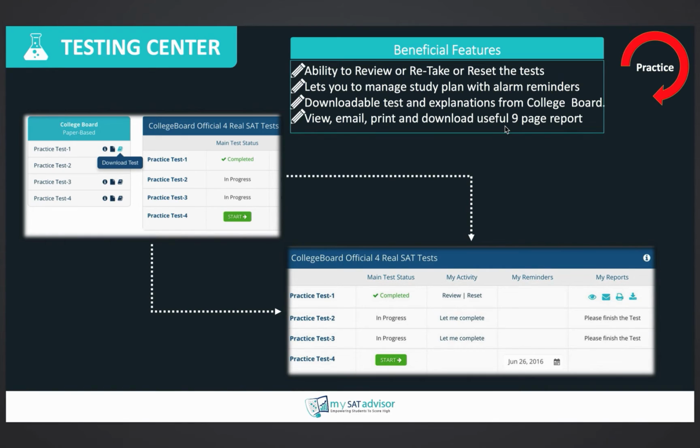So what you can do is, let's say I want to take 1 test a week. I can enter, let's say I wanted to take test 4 on June 26th of this year. I can enter that date into the reminder section, and the software will actually send me an email the day before and the day on, reminding me that, hey, your friendly reminder, you were supposed to take the test today. And again, it seems very simple, but it's just a powerful tactic to help students stay on track with their preparation process, which can be very, very useful in the long run.